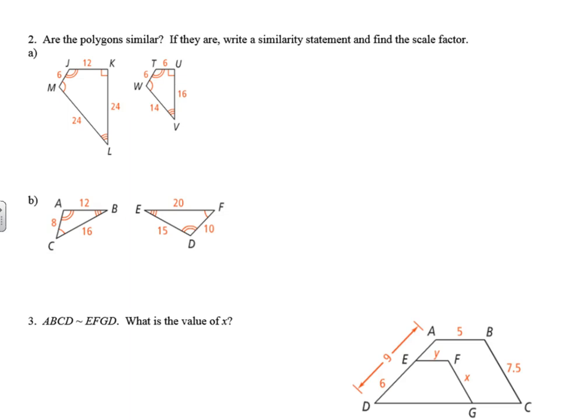Okay, so are the polygons similar? If they are, write a similarity statement and find the scale factor. So we want to assess those 2 things. Number 1 is, are the corresponding angles congruent? That's our first question. In this particular quadrilateral, that's true. Okay, so we move on to the second consideration, and that is, are the corresponding